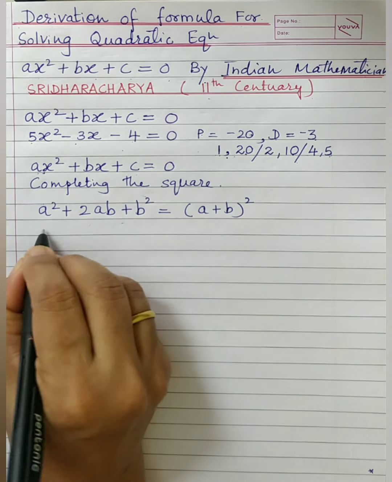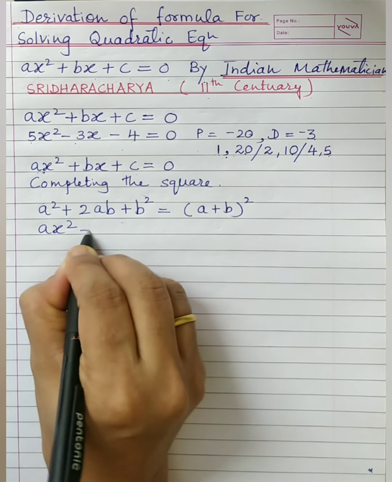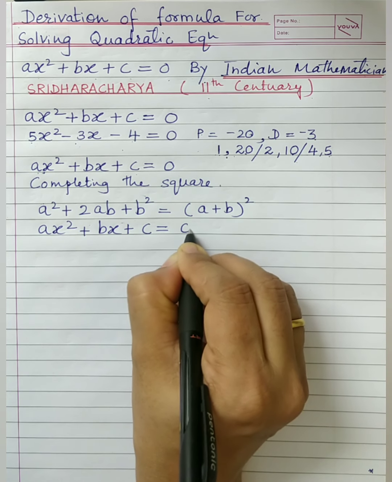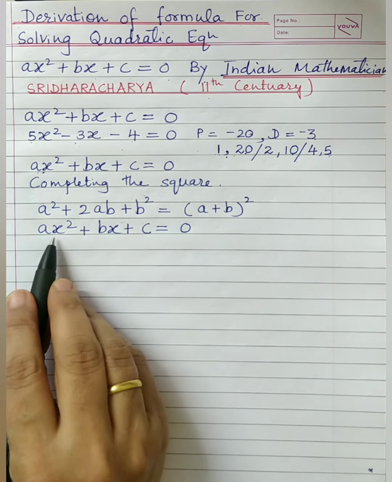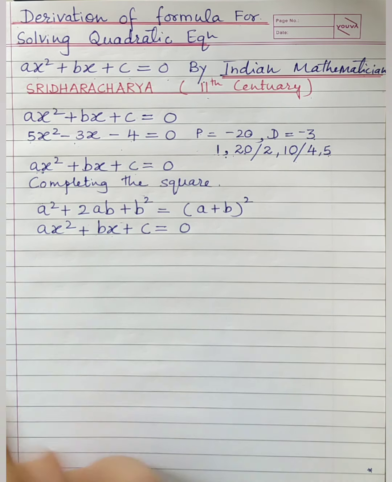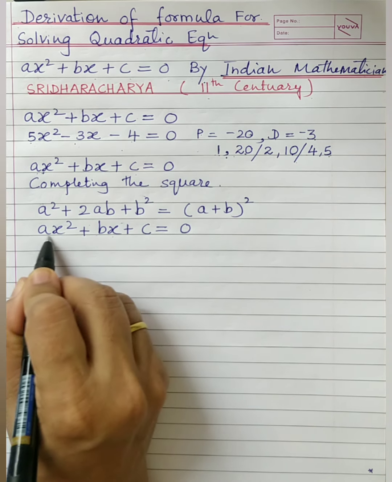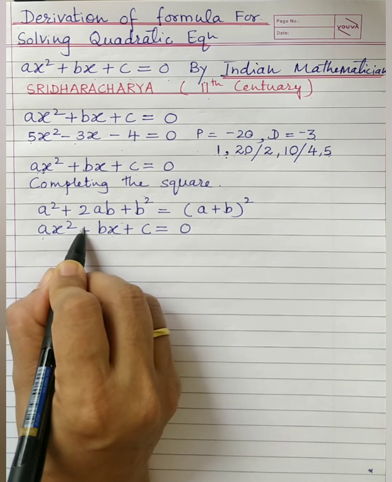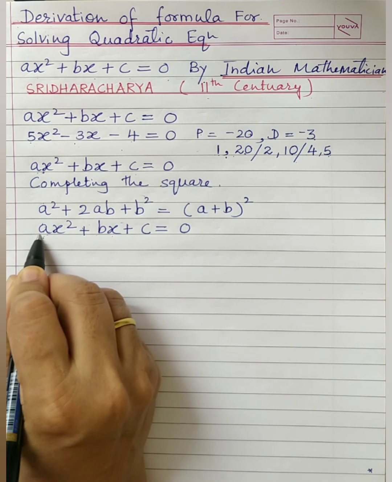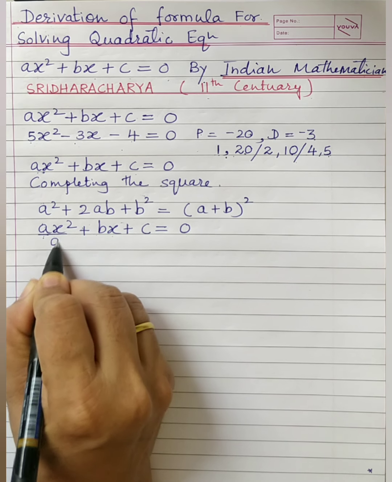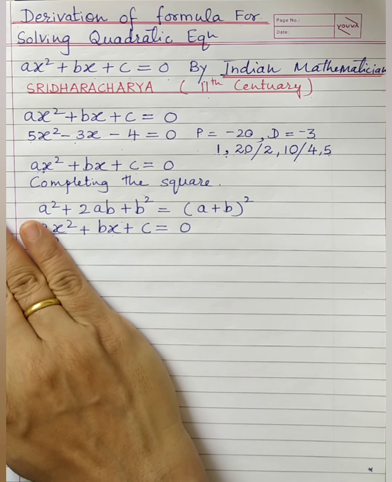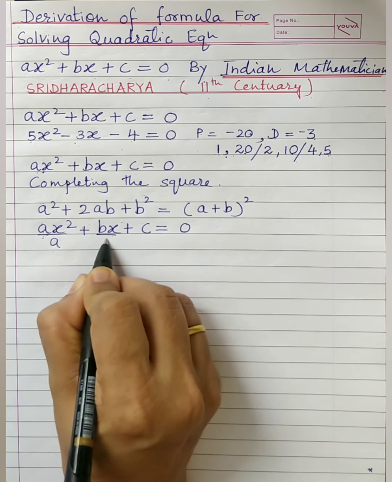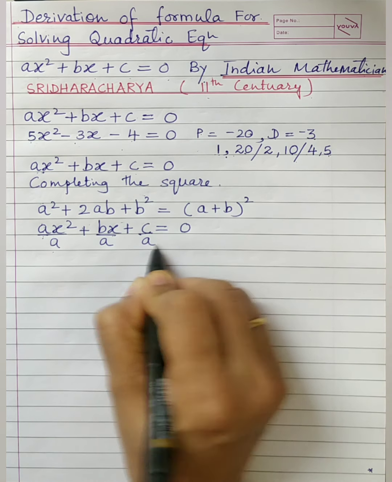So the first step will be what? This left hand side of our quadratic equation, listen carefully, you will understand. Once you understand, you will like the proof. You will be very happy. So I want to convert this into a perfect square trinomial. For that, I don't know whether the a value will make ax square a perfect square or not. So what I will do is divide by a. Dividing, x square will definitely be a perfect square term. That is what I want, but I cannot do it with only one term. So I shall divide the full equation by a.